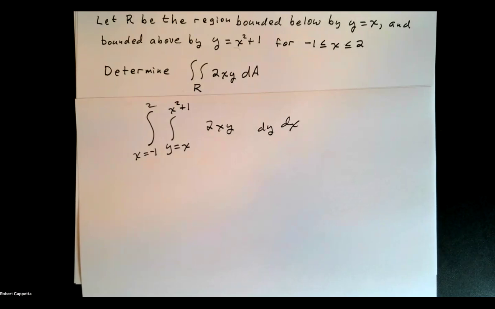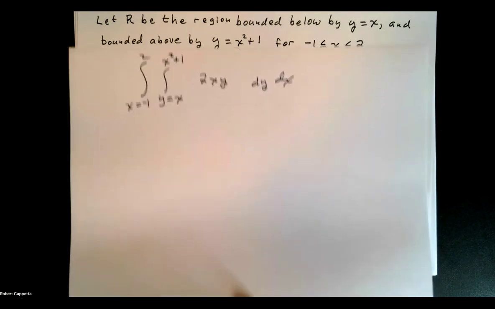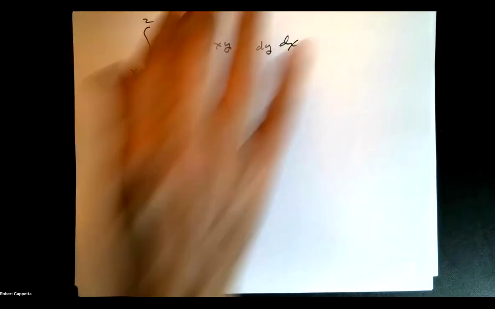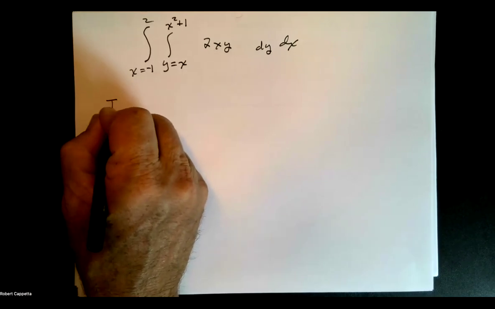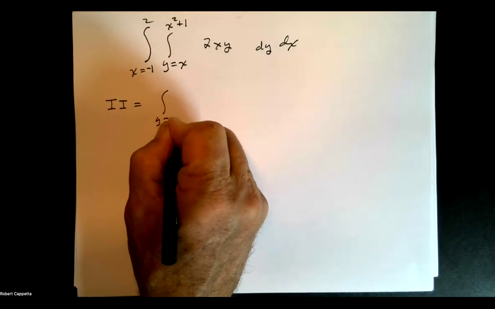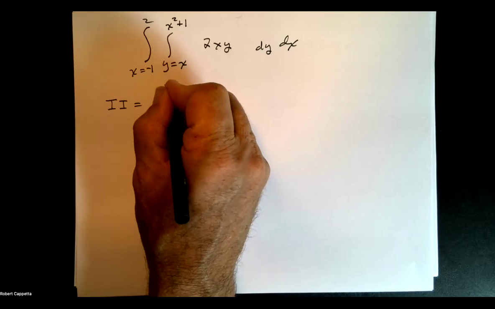This is what we're going to want to do. That will find a volume, in essence, over that region under that surface. Of course, if any of that surface dips below the xy plane, where z is negative, then that volume would be perceived as negative. So let's go ahead and evaluate this. We're first going to do the inner integral. So the inner integral is the integral as y goes from x to x squared plus 1